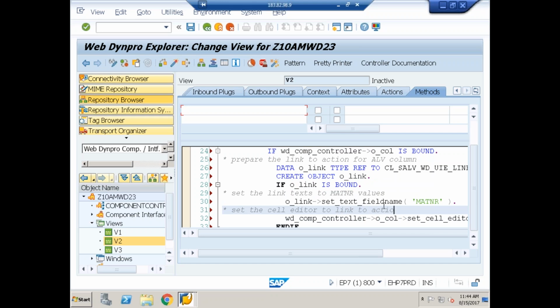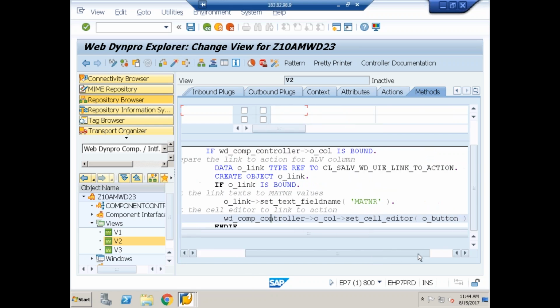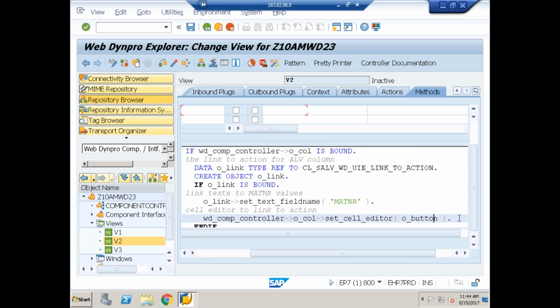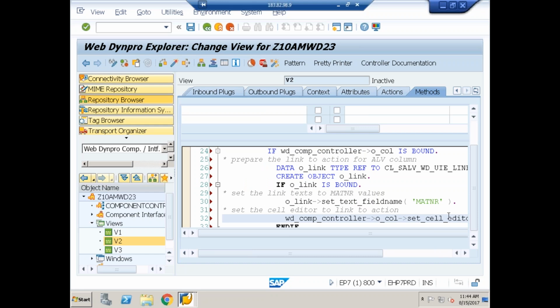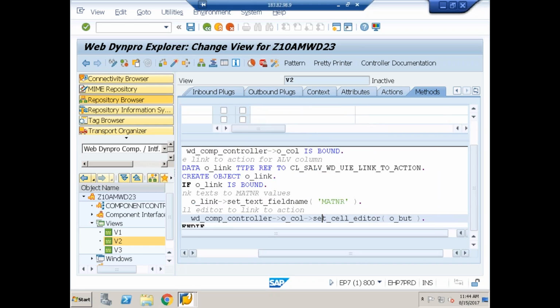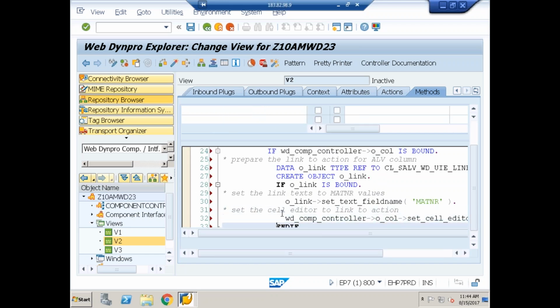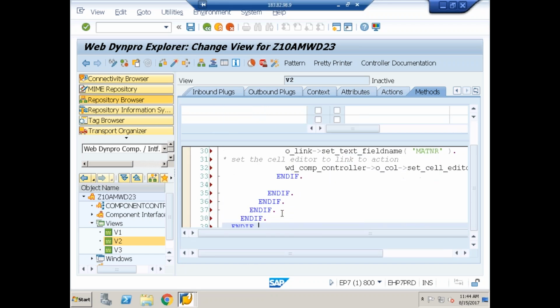Link to action. So already I got the column reference, no? So what is the method? Set cell editor. Oh sorry, O underscore link. That's it. Understood? So where I wrote the logic,